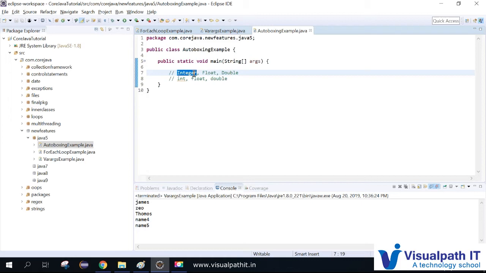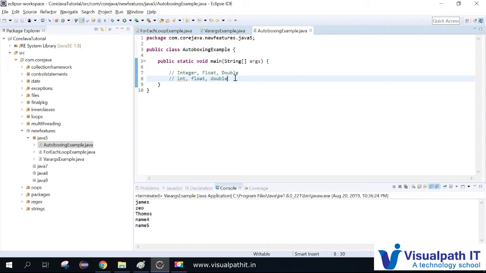Wrapper classes can be serialized, but primitive data types you are not able to serialize, which means it is difficult to pass them through the network. Suppose you are writing any RMI programming, remote method invocation or that kind of programming, it's preferred to use wrapper classes instead of primitive data types, because that will give data consistency and all. That's a different topic, guys. We can discuss it later.